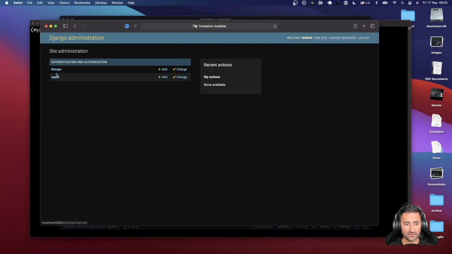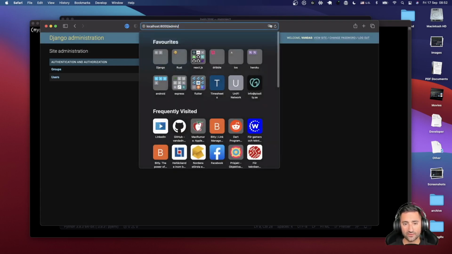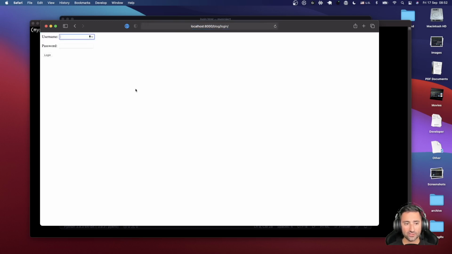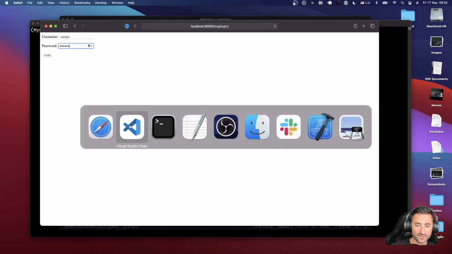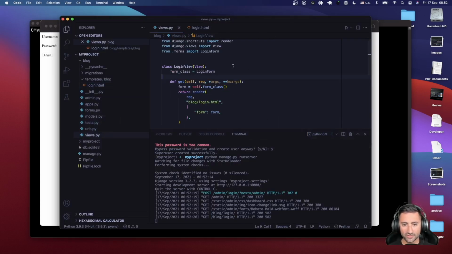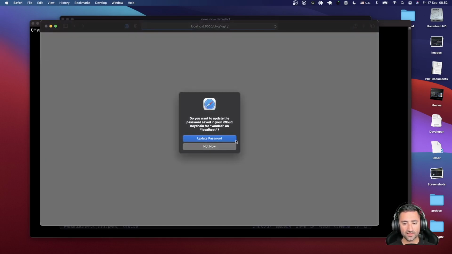And I say, yeah, now I have users. So that's really good. So if I go here to blog login, then I should be able to use that van.foobar here to log in when we actually do the post stuff. So let's go to our views, and you see, at the moment when this does a post,